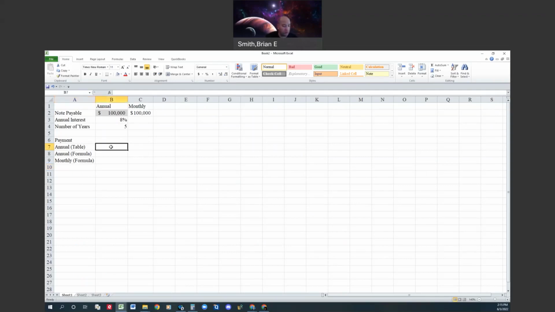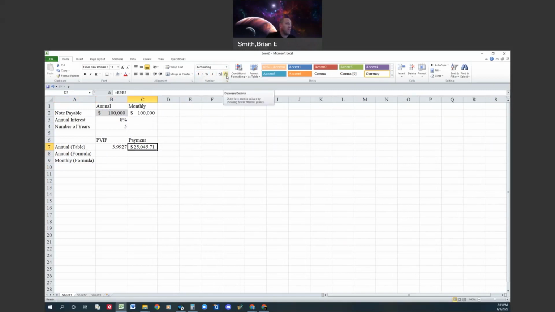If we pull it from the table, all we're going to do is come over here, and the table at 8% for 5 periods is going to be 3.9927. So you just do that. It's really easy. That's the present value interest factor. Let me label the present value interest factor, and then payment. The present value interest factor from the table is going to be that. We're going to take the total amount of the loan, and we're going to divide that by the present value interest factor. So the payment annually for this loan is going to be